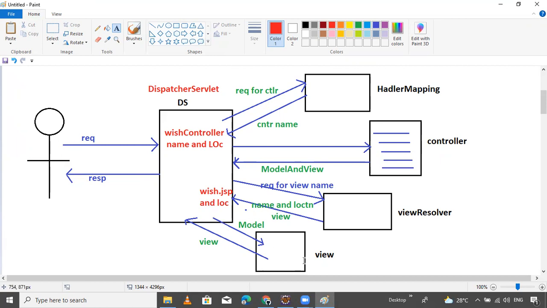After getting the view part, the model is prepared into the view and sent back to the dispatcher servlet. The dispatcher servlet takes the responsibility to generate the response for the client. That's it. This is the total explanation, guys.